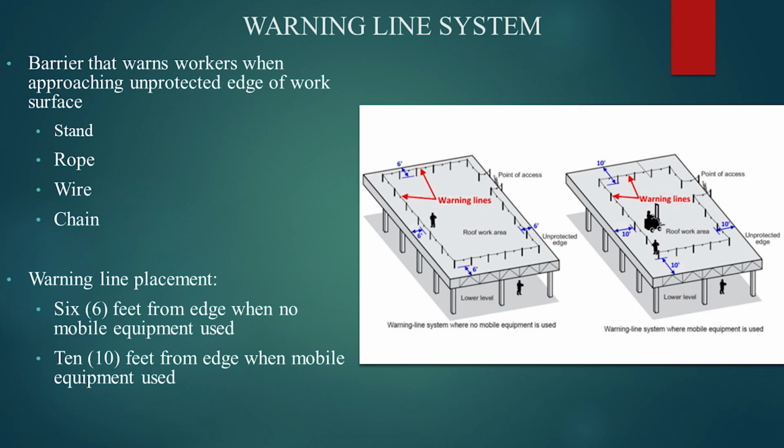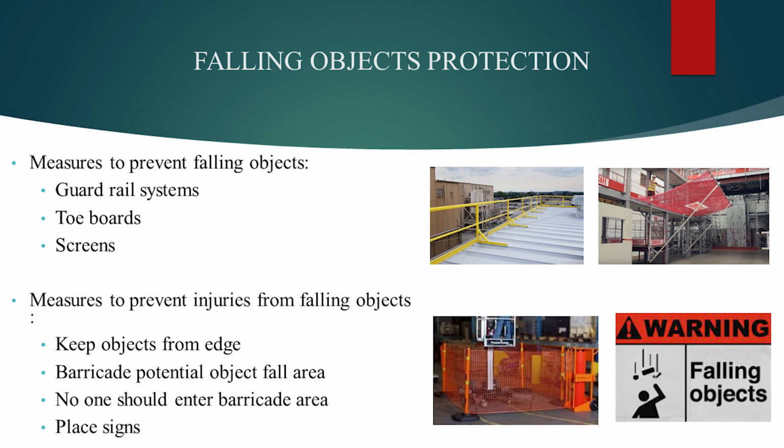It must be 6 feet from the edge when there is no mobile equipment being used, and 10 feet from the edge when mobile equipment is being used. The warning line must be marked at least every 6 feet with high visibility material, such as brightly colored bollards and stanchions. When working in an elevated area, it is also very important to account for the safety of individuals